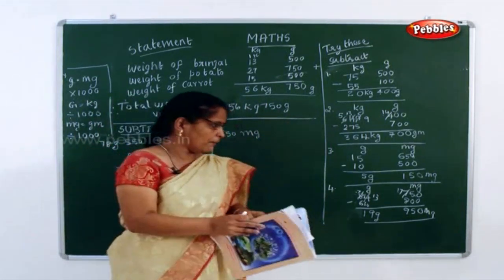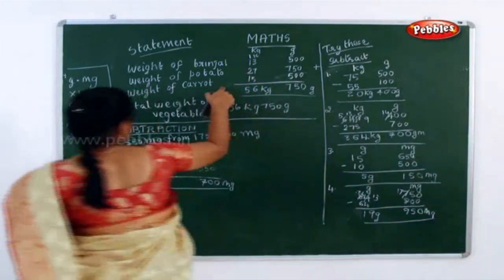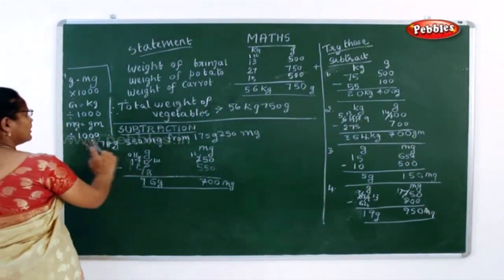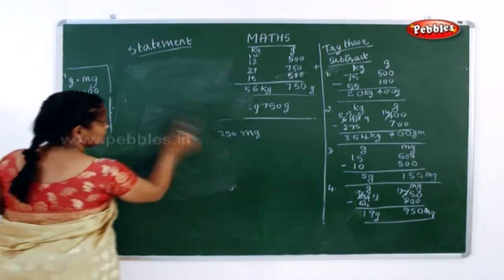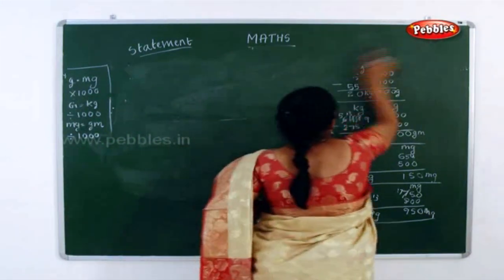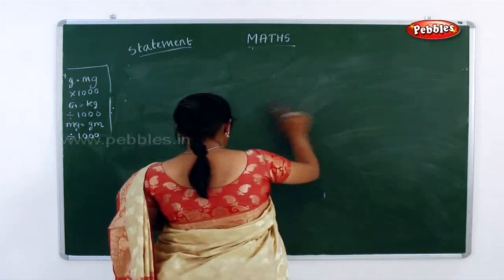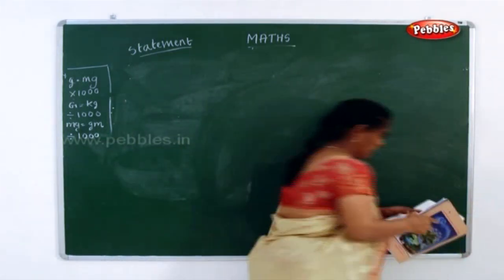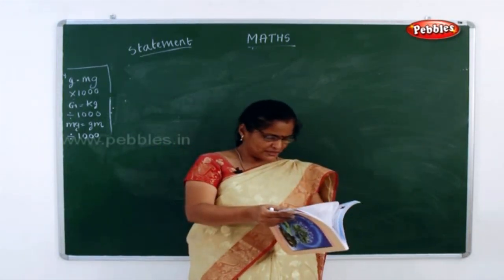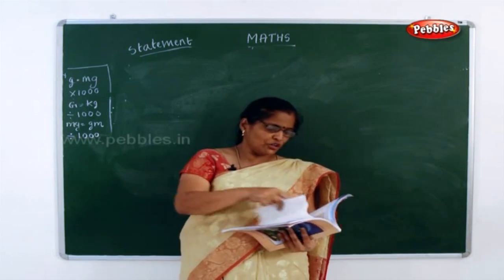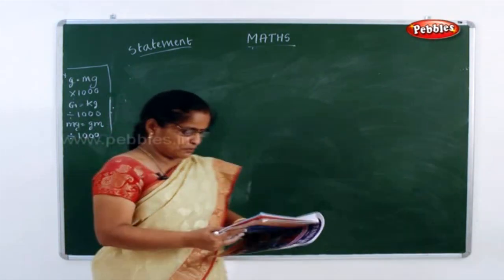Now next one in your book, they have given statement sums. Now I taught you addition. Statement addition I taught you, no? Same way your statement sums you will have your subtraction also. Now what did I tell you? Addition, that is what I taught you. Now the next one you are going to do is your statement sums. Now what is the statement sum you have been given?